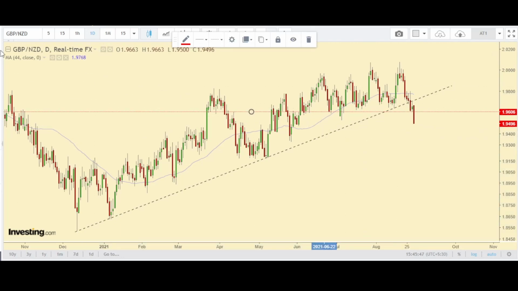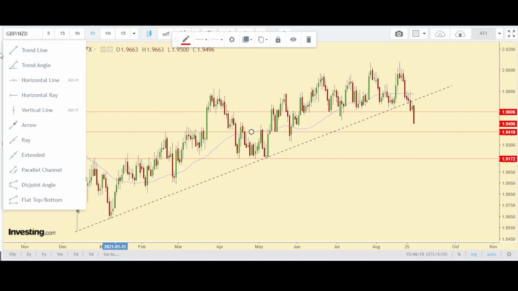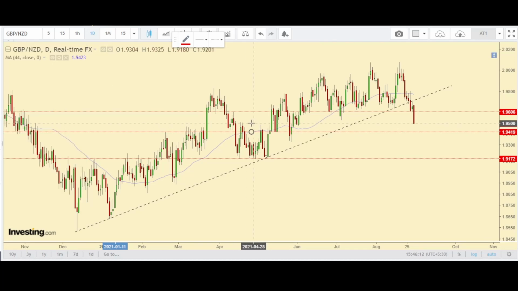So this is first level where I can get few supports or resistances around this level. Next will be approximately this area where I'm getting major support levels. One will be here, and then one more will be approximately at this level.